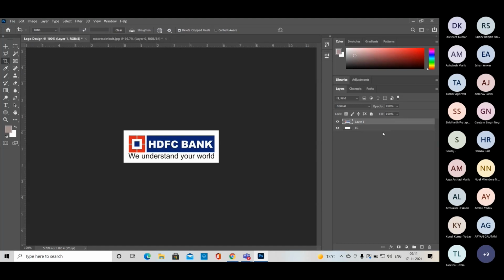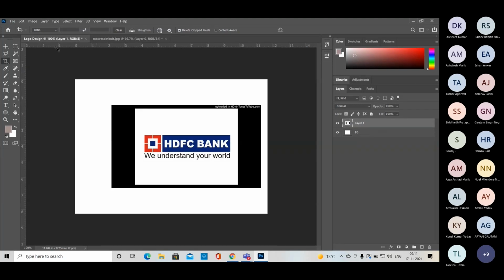So when we want to crop it, what we can do is go to the marquee tool, right? Whichever area we select, we can easily delete it. So we have an option for that. Right now we want to keep this area, right? So we have two options. Just do Control C and take another layer.